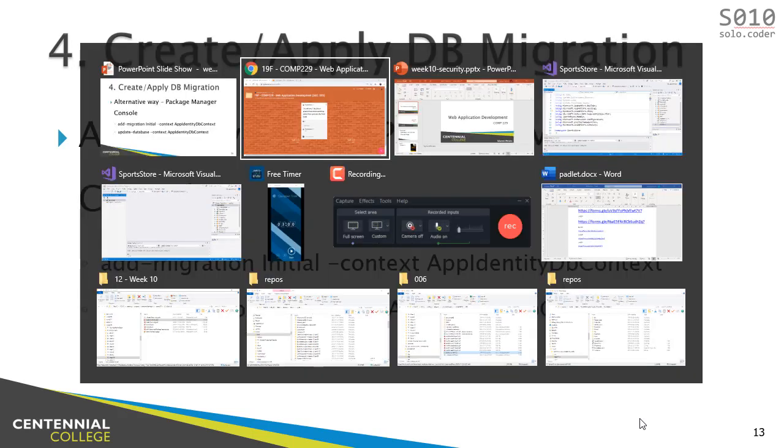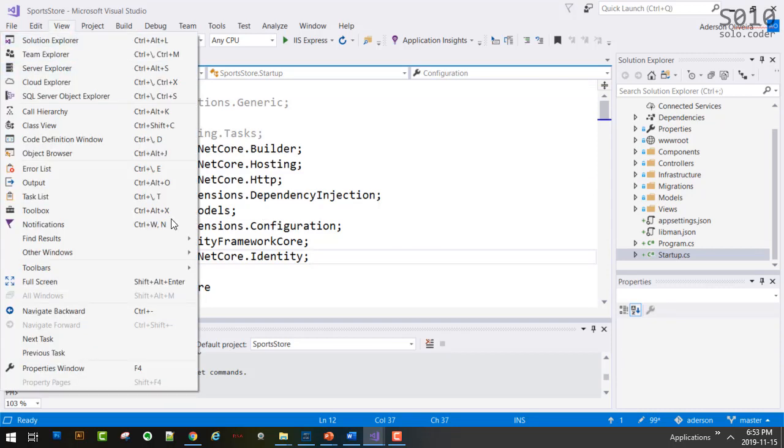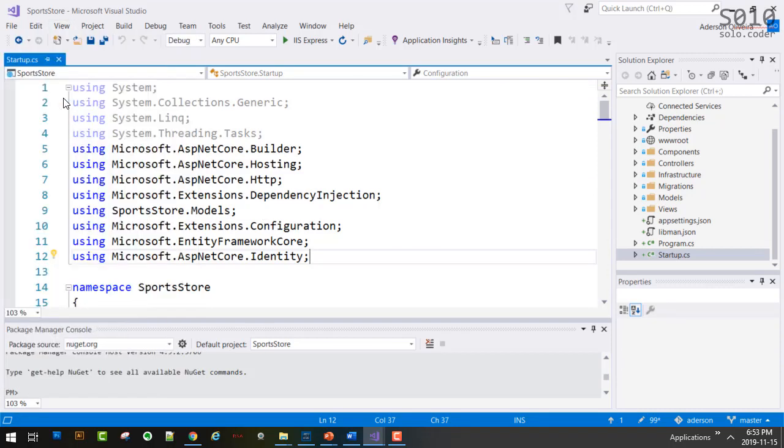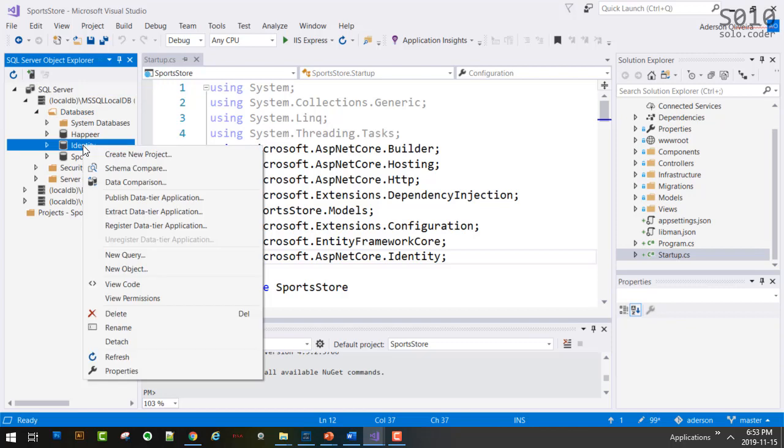So, let's see here. Okay, I'm going to just open local database so I can delete identity database.